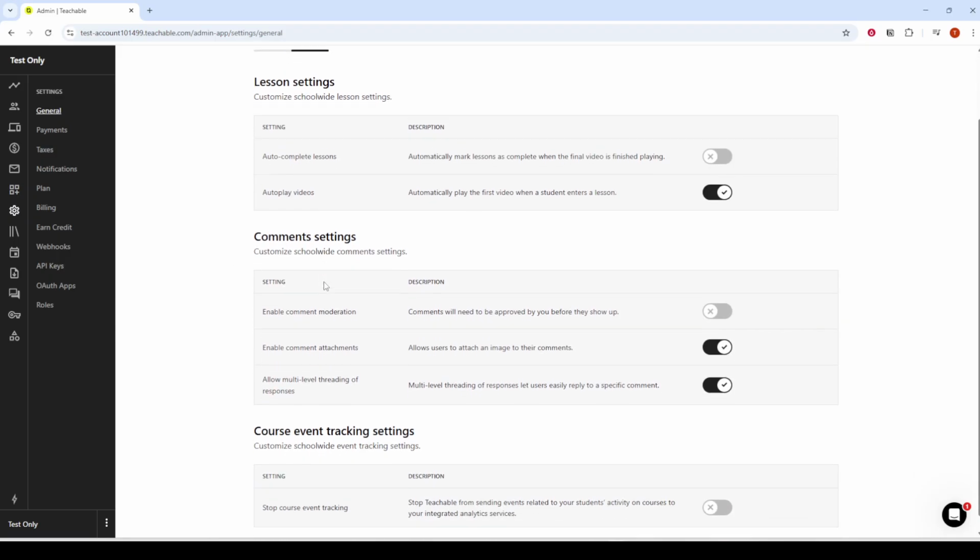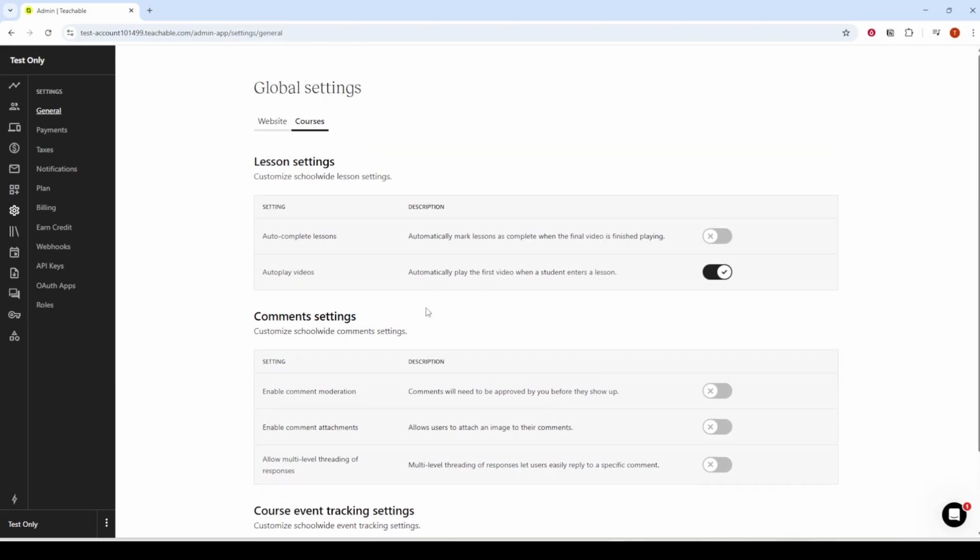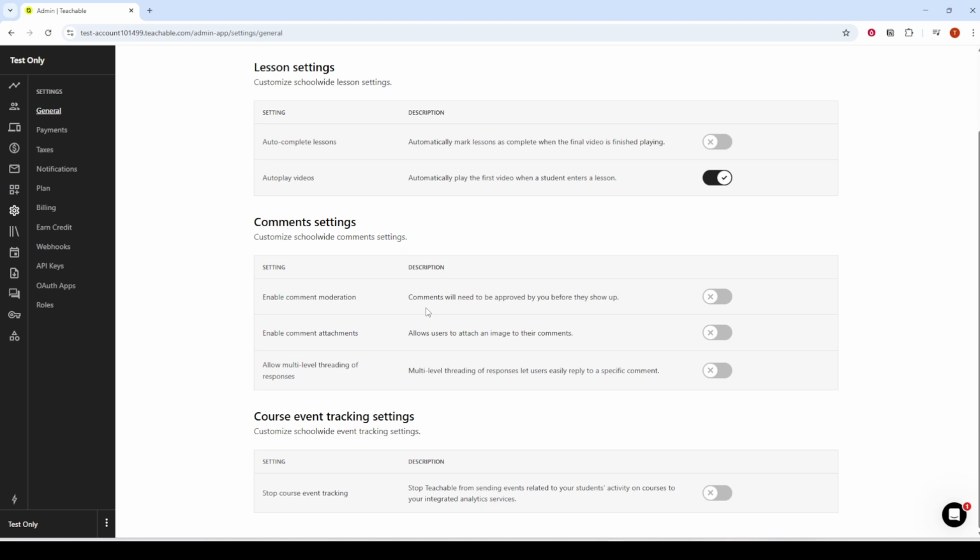This change tells Teachable not to display comment fields on lectures and lessons, which stops new comment activity across your school. After adjusting the setting, make sure to save your changes if you see a save button. Some pages autosave, but it's always a good habit to confirm your changes are locked in. If you don't have permission to change school-wide settings, you may need an owner or admin on your team to